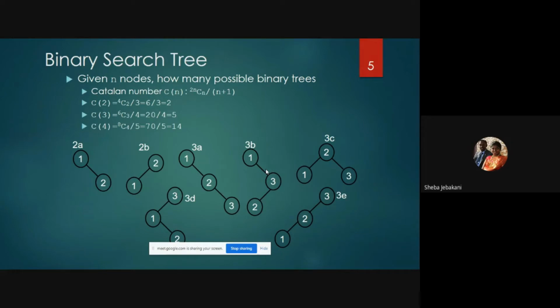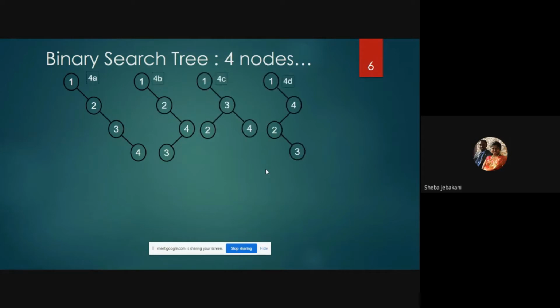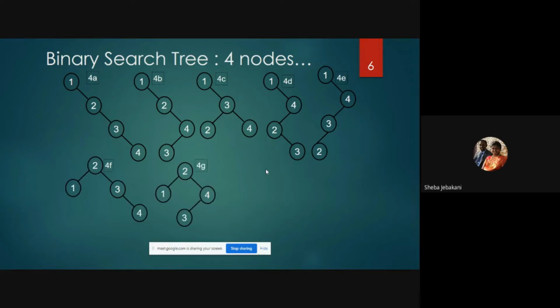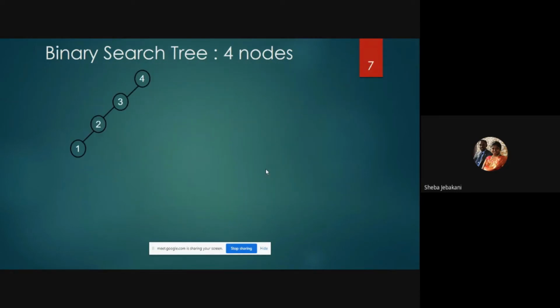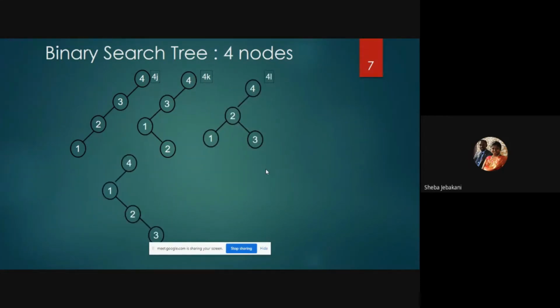And if you take the number of nodes as 4, then basically 14 trees are possible. So the 14 trees are, you can see. As and when the number of nodes increases, the number of possible combinations increases. So if you go for the brute force method, then you have to find out the average computation for each and every one of the possible trees, find out which gives you the best option and use that particular tree. Now don't you think that will be too time consuming when the number of nodes becomes larger?